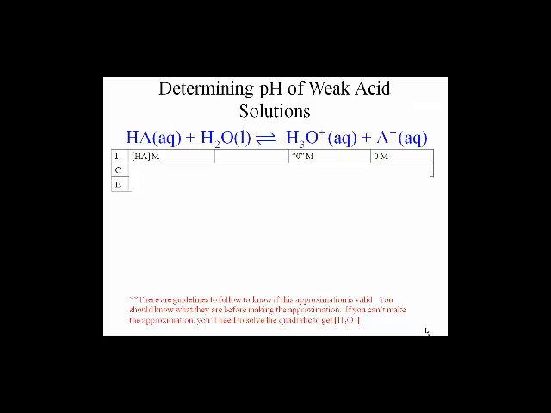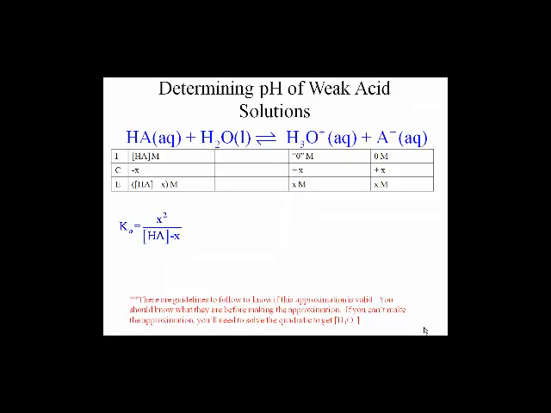Now what's going to happen? We're going to have a shift to the right, so we're going to form some hydronium ion and some conjugate base, and those increases in molarities will be equal, and the decrease in the molarity of the conjugate acid is the same, since it's a 1-to-1-to-1 equilibrium. So that means at equilibrium, the concentration of the conjugate acid is going to be the original concentration minus X, and the concentrations of both hydronium ion and the conjugate base are going to be X molar. So we can plug those into our Ka expression. We would need to have a numerical value for the Ka to solve this,